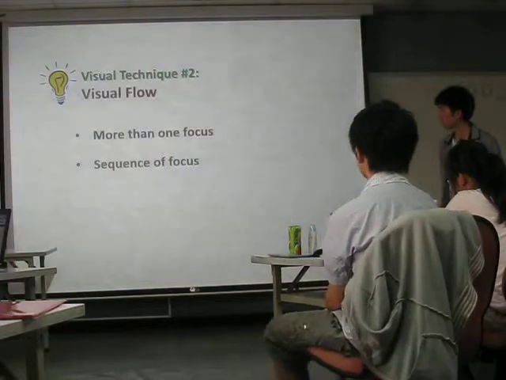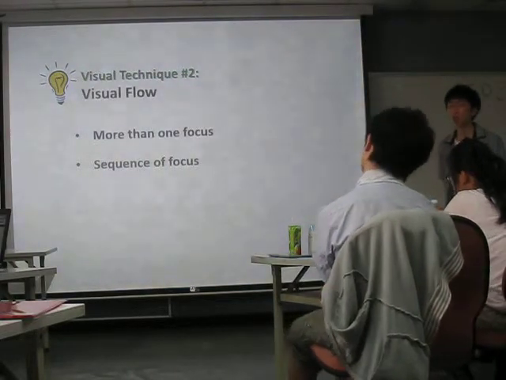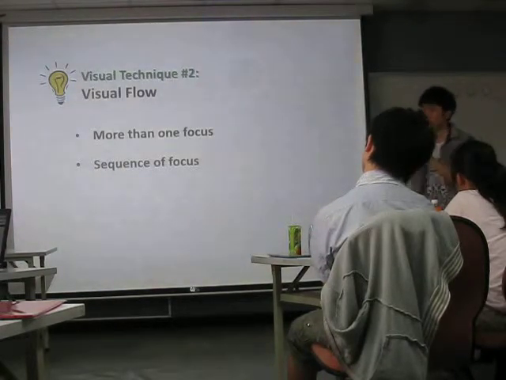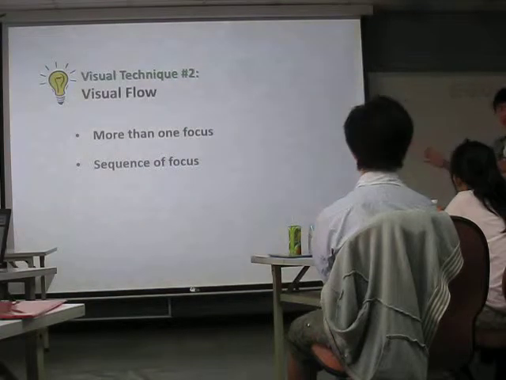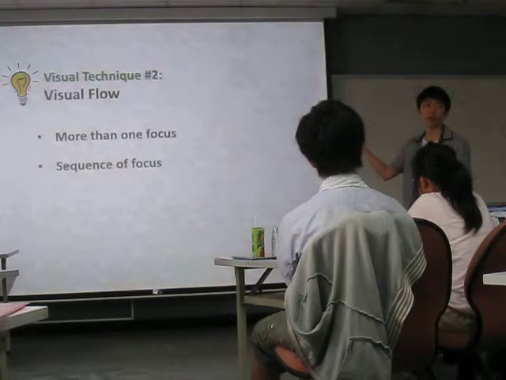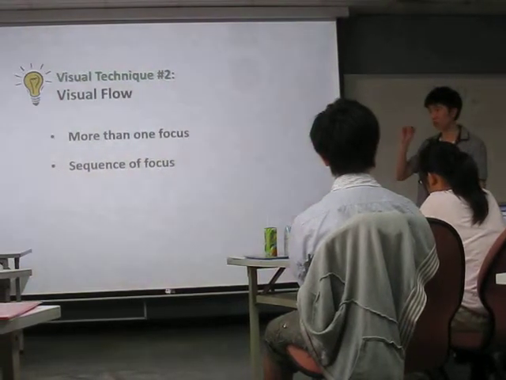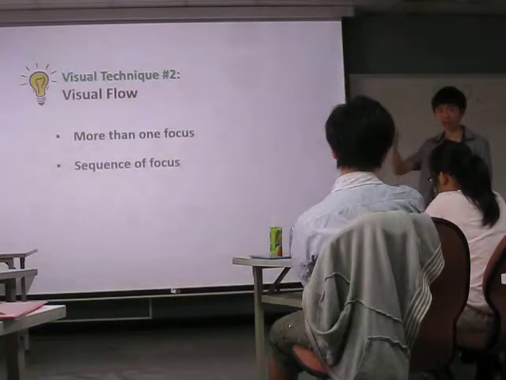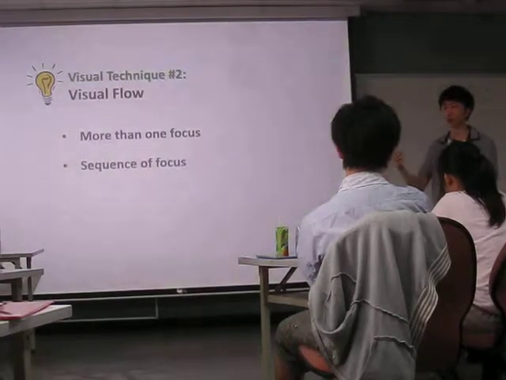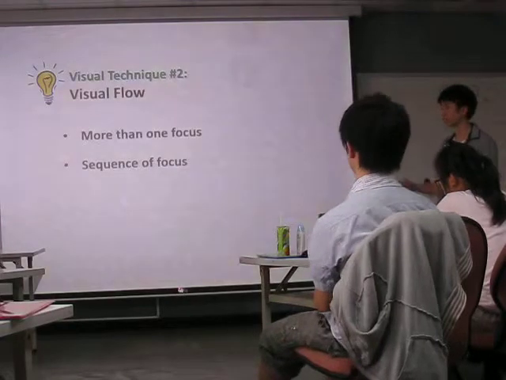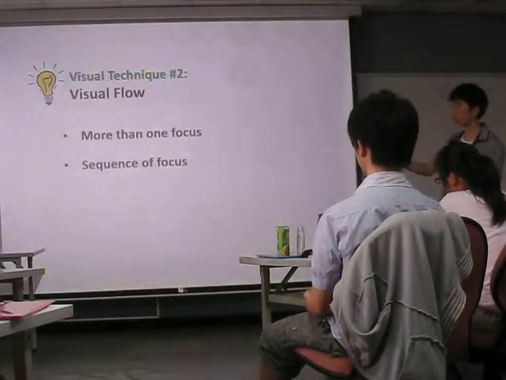How about the sequence of focus? We can rely on our intuition for this one. We can design a slide and try to look at it from afar. If, for example, in the previous picture, the upper right corner is where my sight always focuses, then that's most likely to be the initial sight. And then the flow: if you try it 3 to 5 times and the sight always goes that way, then you can be certain that this is the movement of most people on this picture.